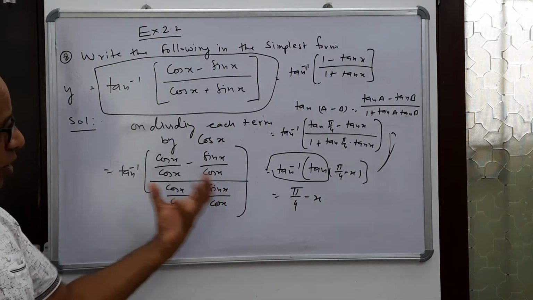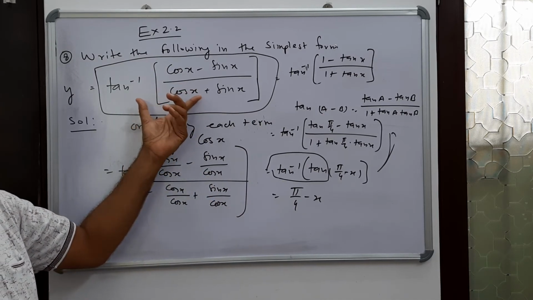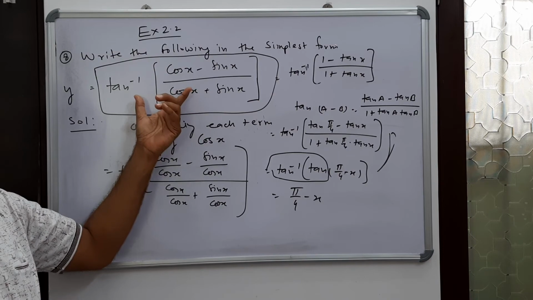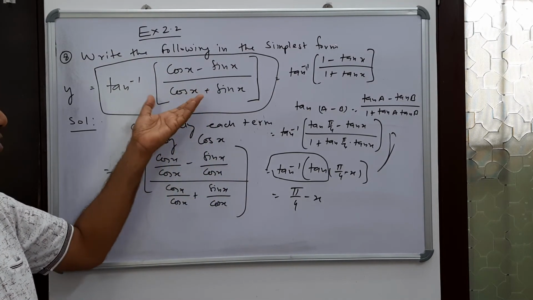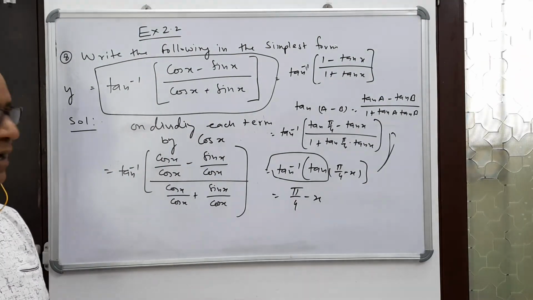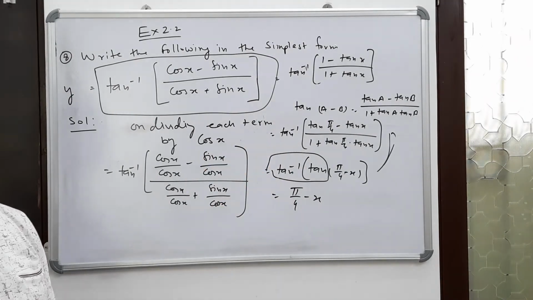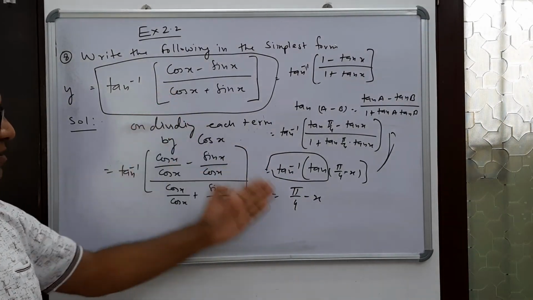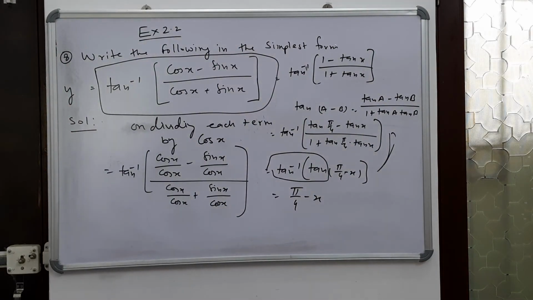So which is the important part here? The important part is to convert this into the simplest form. And you know what is the basic principle of maths? The basic principle of maths is we convert the complicated forms into the simplest form to understand it better for future processing. So in this way we have converted this into the simplest form.